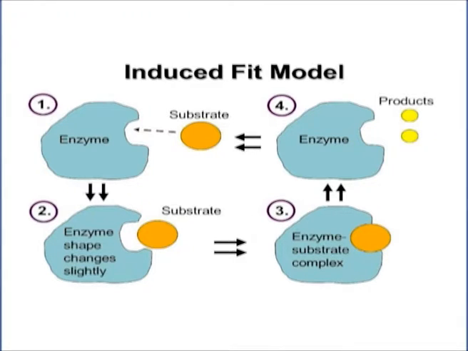The induced fit model. In 1958, Daniel Koshland suggested a modification to the lock and key model. Since enzymes are rather flexible structures, the active site is continuously reshaped by interactions with the substrate as the substrate interacts with the enzyme. As a result, the substrate does not simply bind to a rigid active site. The amino acid side chains that make up the active site are molded into the precise positions that enable the enzyme to perform its catalytic function.